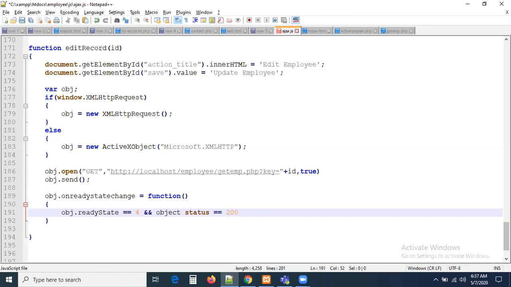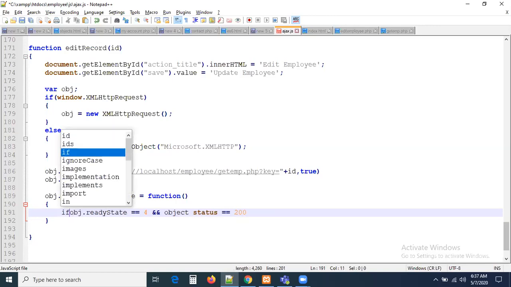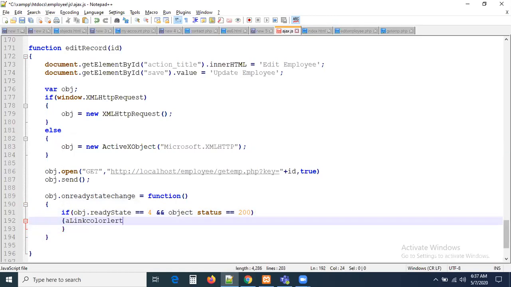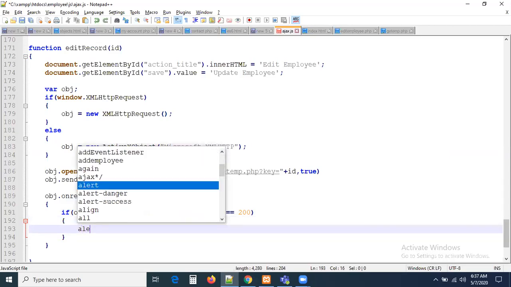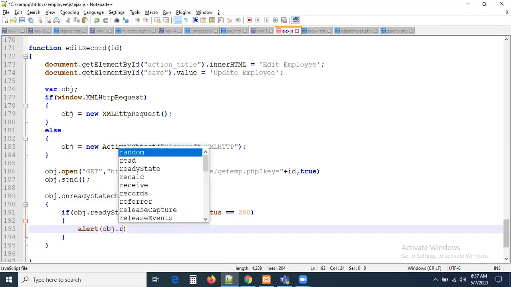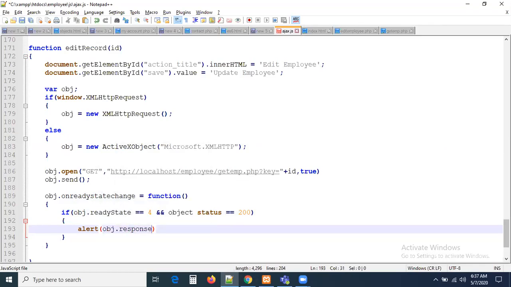Obj.status equal to 200, let me keep this into a condition. If everything is okay, then I have to get the response. You are getting the response in JSON format. Let us get this obj.responseText.